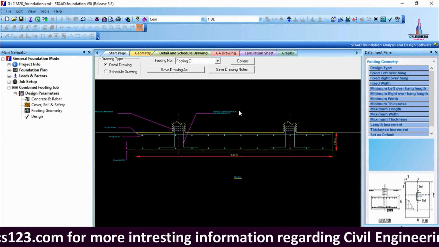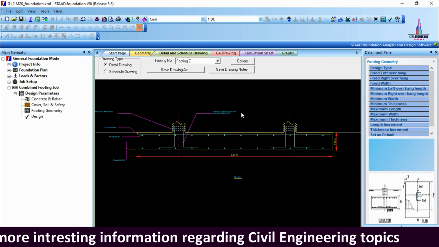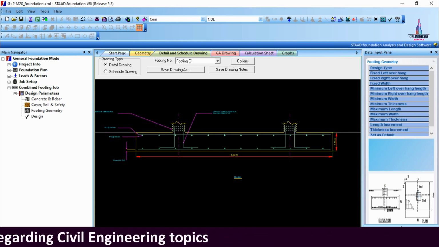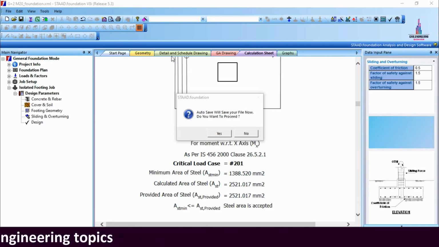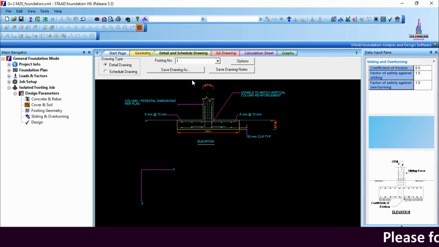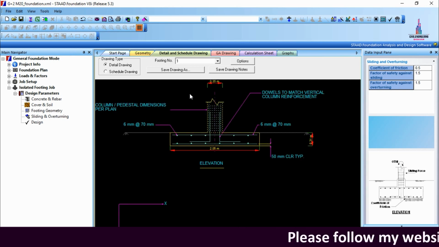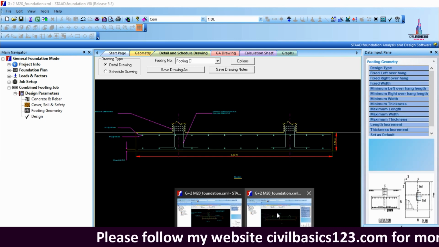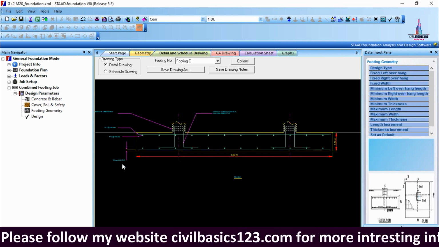Okay. So now we will compare these respective reinforcement values using both the isolated footing design results as well as the combined footing results. Firstly I will go to the isolated footing design results detail. So here I am saving this model, details and drawing. For this respective isolated footing design, approximately 50 mm cover is required. In the combined footing design also, 50 mm cover is required.